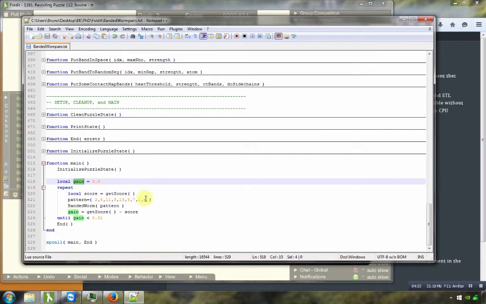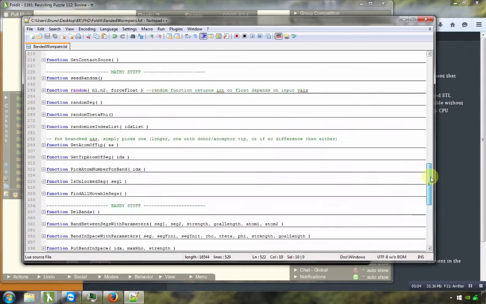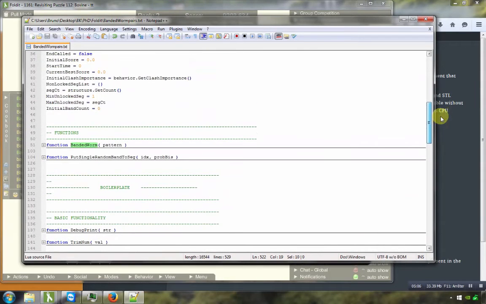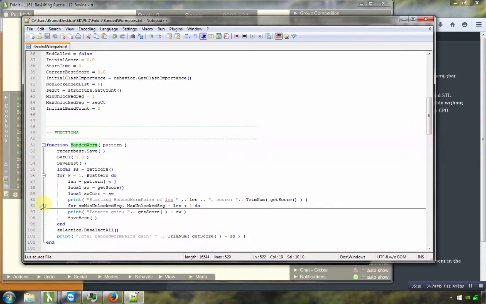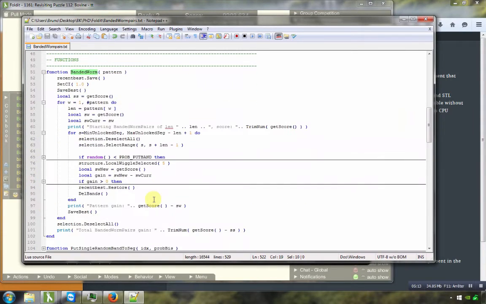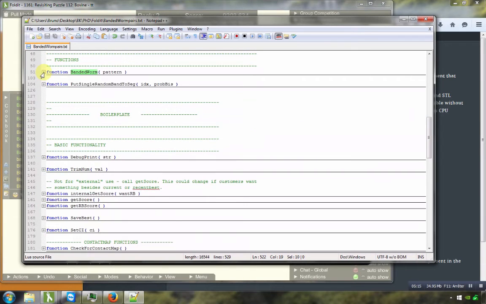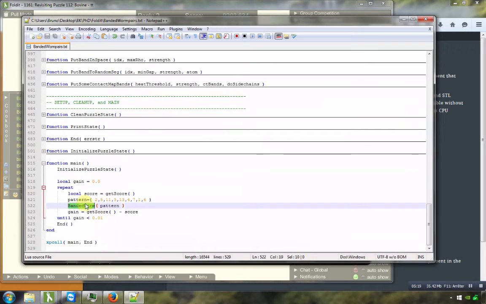So I double click, I have it in green, I see it in the beginning, and what it does is very complicated, so we will not try to understand this, but we only know that it uses some patterns, and these patterns are numbers. I suppose that those numbers are the length of the number of segments to treat at one time, so I can change this. So start editing it now.